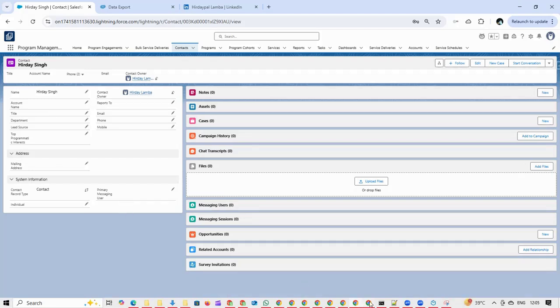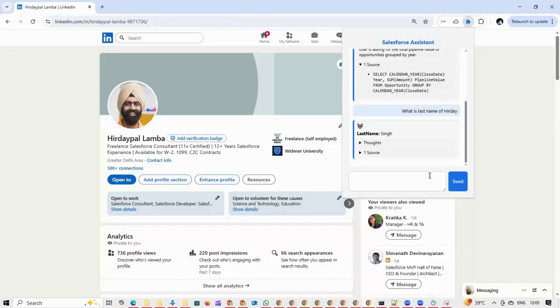So the question is how this is all being implemented. As I told you, this is being done using Node.js. The extension allows the user to ask questions like show opportunities by stage or list contacts from Ekman. The extension then sends the input to the backend, which interprets the intent, queries Salesforce, and returns structured data or